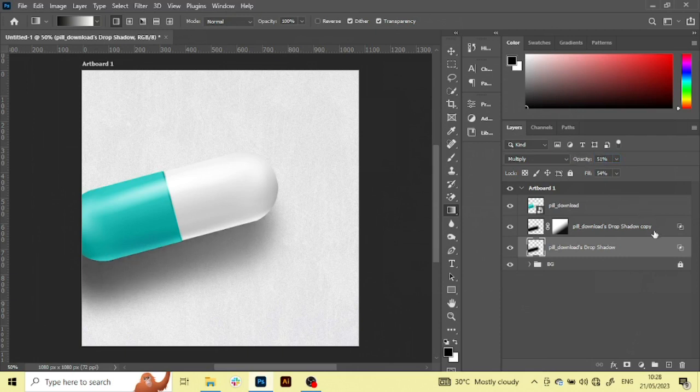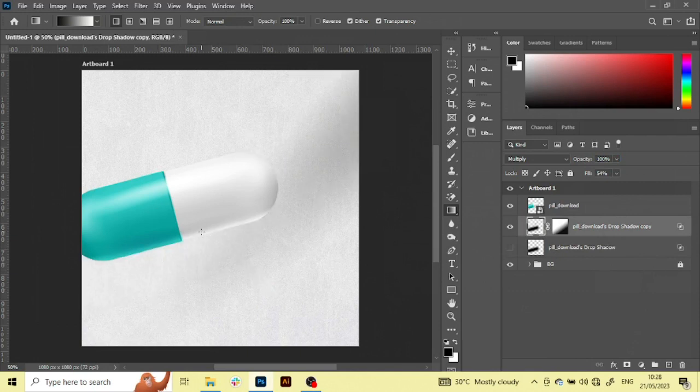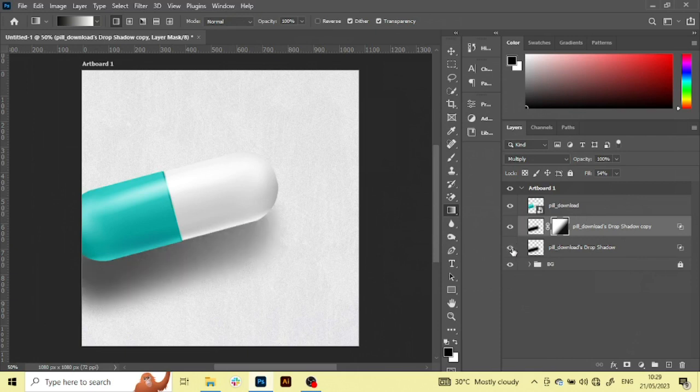Okay. And then let's turn this off to see what we have with this one. Sorry about that. Okay. Let's click on this one again. So I'm quite satisfied with this. Just going to bring down the opacity of this one a bit. Okay, so I'm quite satisfied with this, and then I'm going to group both of them